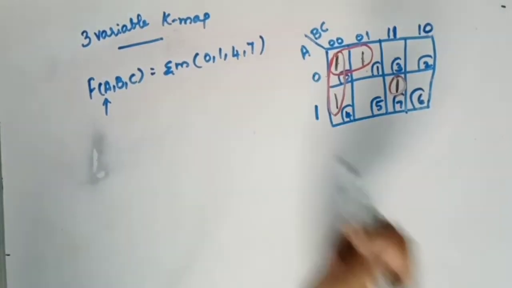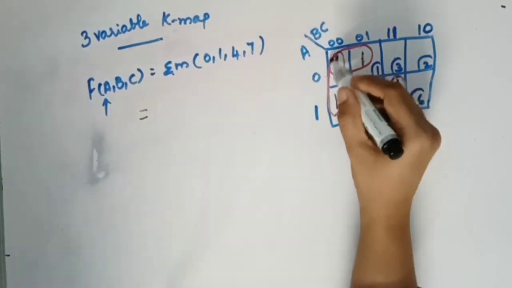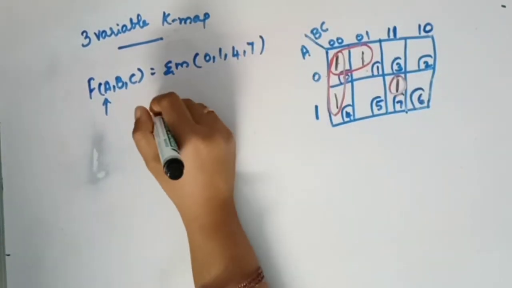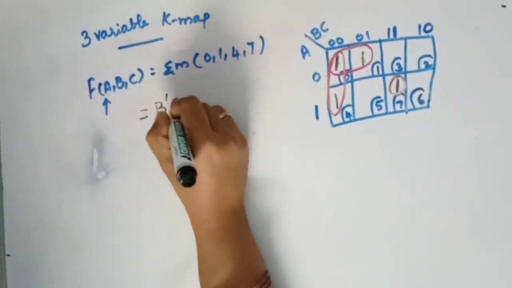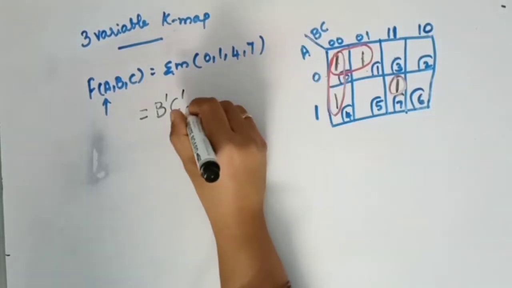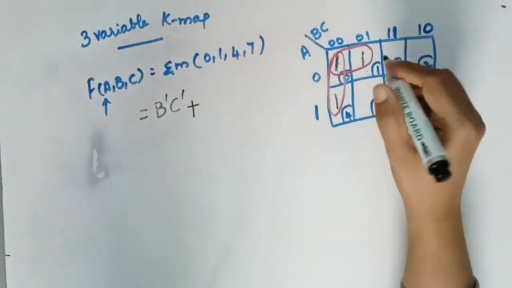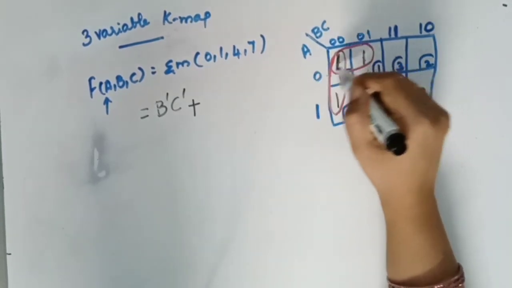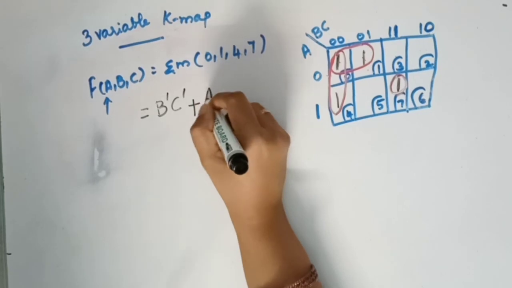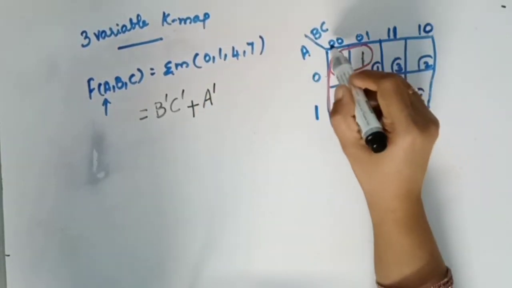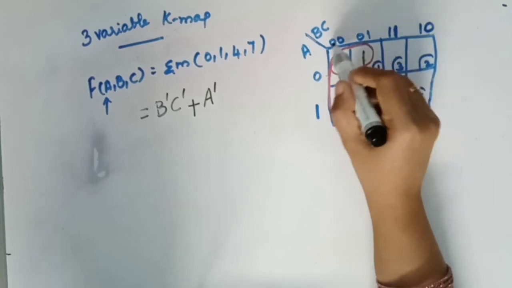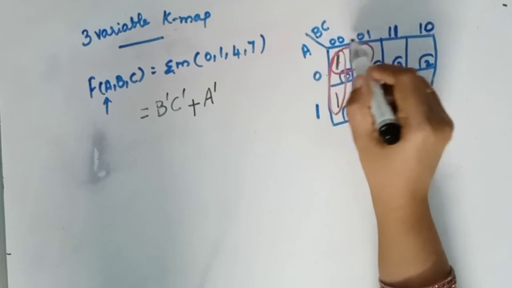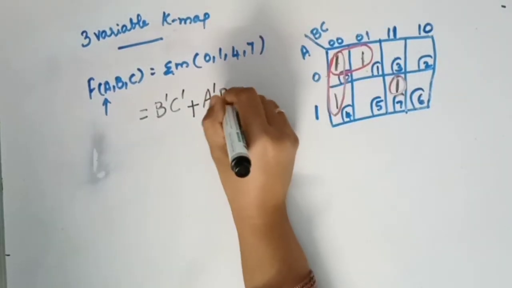So what is the answer? So this one will be, these are different. Common is B0, C0. B0, C0. Then go for the other group with a plus sign. This 1, 1. So A is 0 for these two. So A0 means A bar. And then see what is B and what is C. B is 0, so that is common. C is different. So take only the common one. B is 0. So B bar